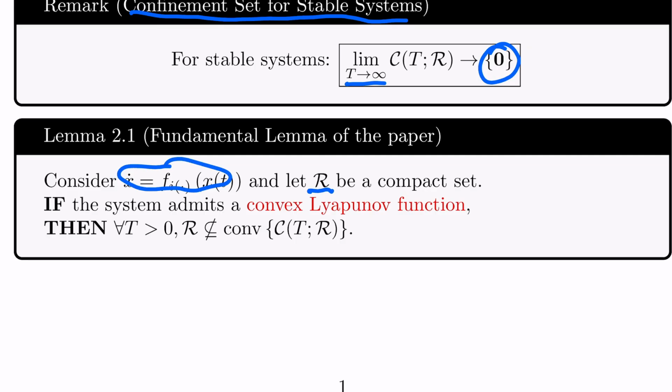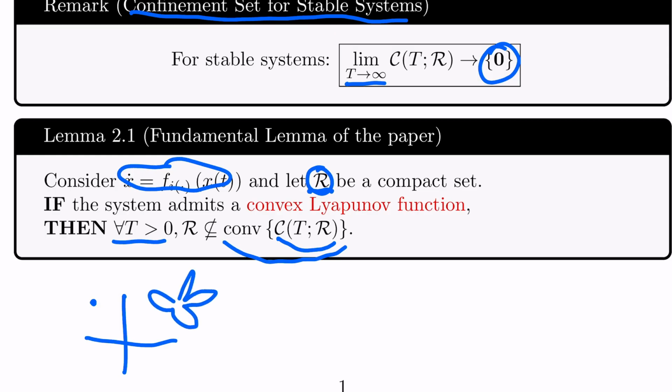Nothing much so far. If the system admits a convex Lyapunov function, if we have a possibility of finding a Lyapunov function which is convex, then for all t positive, you need to find confinement sets that correspond to the given set of initial points, and then take the convex hull of it. Imagine it was like this, and then it turned out to be something like that, and you need to take the convex hull. Right. This is basically what the statement is saying, and this set, you can consider like confinement sets,